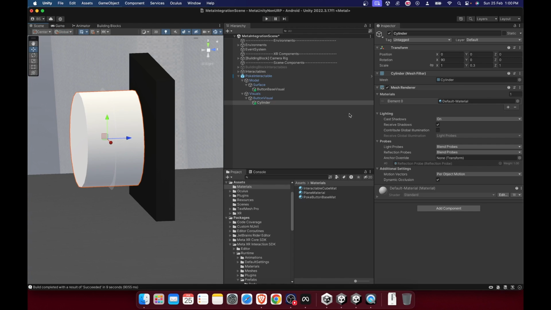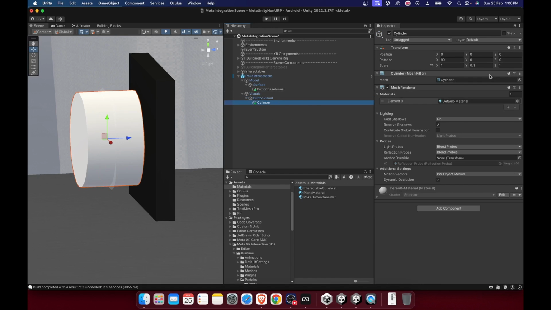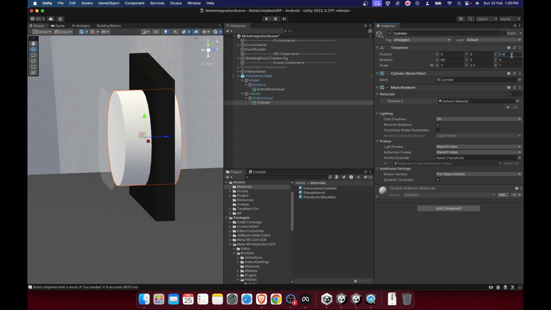But it doesn't matter, because the button visual is the one that's going to move in and out. In order for the button to completely go inside, the button parent or the Poke Interactable visual needs to exist on the surface of whatever button you are creating. So I'll adjust the cylinder and move it in such a way that the button or the Poke Interactable visual or the parent exists on the surface of the cylinder,